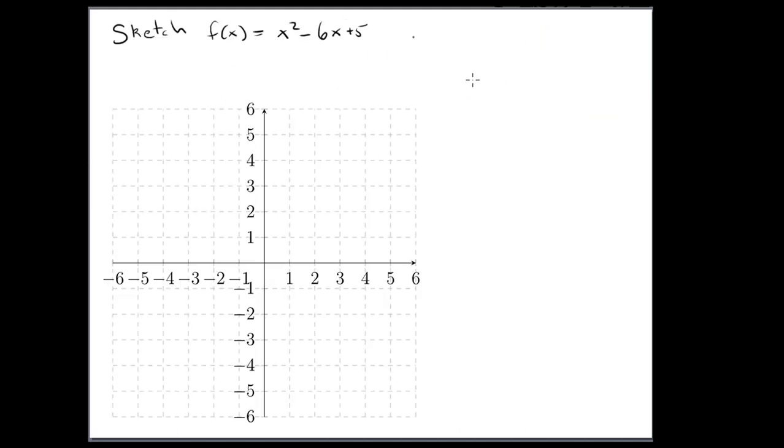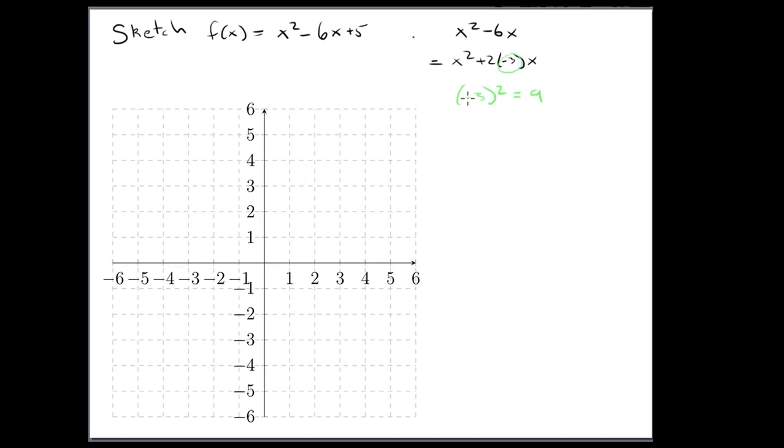What about something that's not in standard form? Well, again, I want to try to complete the square. So we'll take x squared minus 6x, which is x squared plus 2 times negative 3x. That negative 3